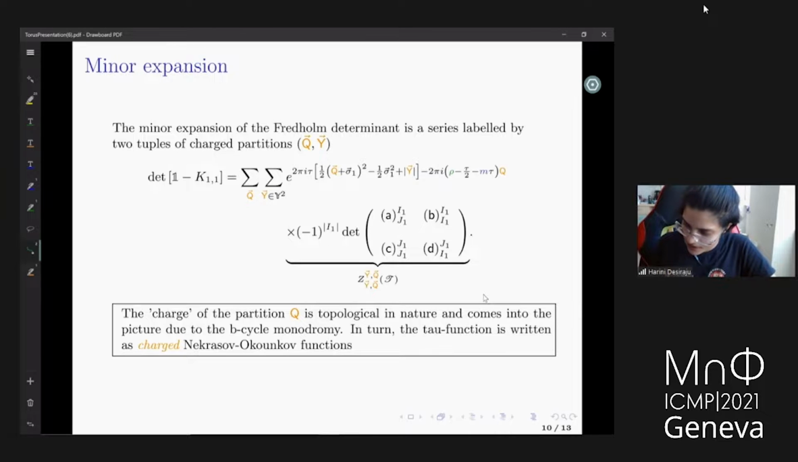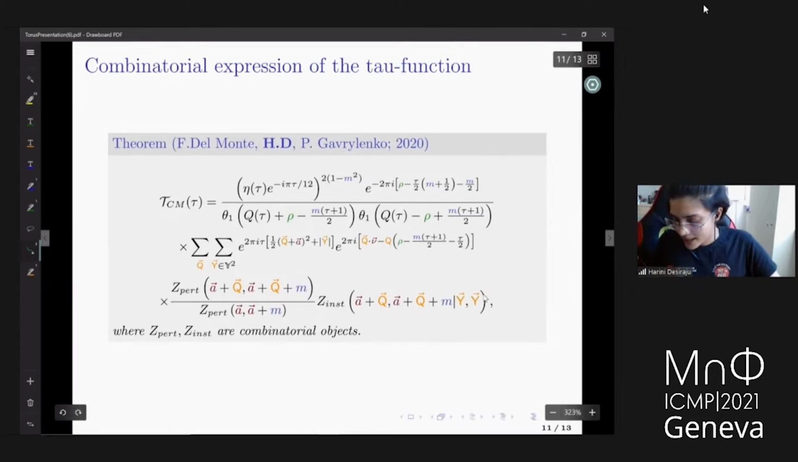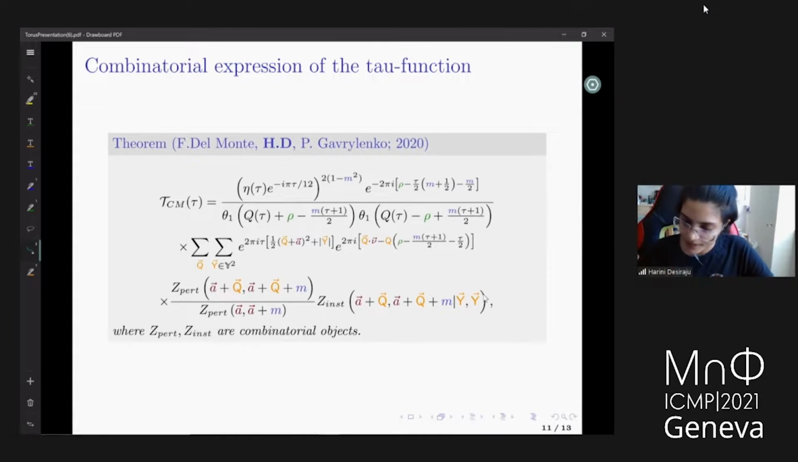These minors are basically the conformal blocks. And they also lead to Nekrasov partition functions. And as I said, this charge is related to the fact that you have some B-cycle monodromy. It is explicitly due to the B-cycle monodromy. And this is the full expression. So you have the tau function in terms of the Hamiltonian on one side. On the other hand,